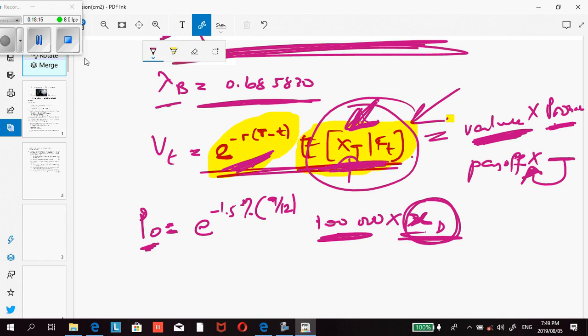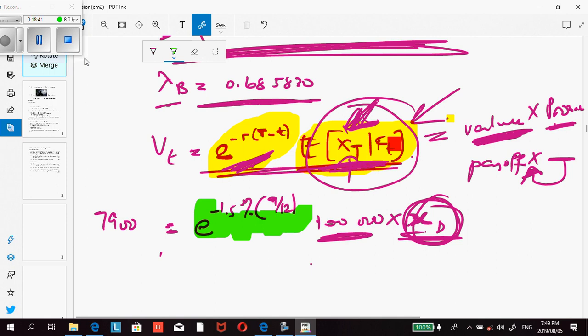Now I'm given the price to be 7,900. So I'm actually going to remove this and put 7,900. Now I'm going to solve for XD then, which is not difficult at all, because now I'm going to divide by